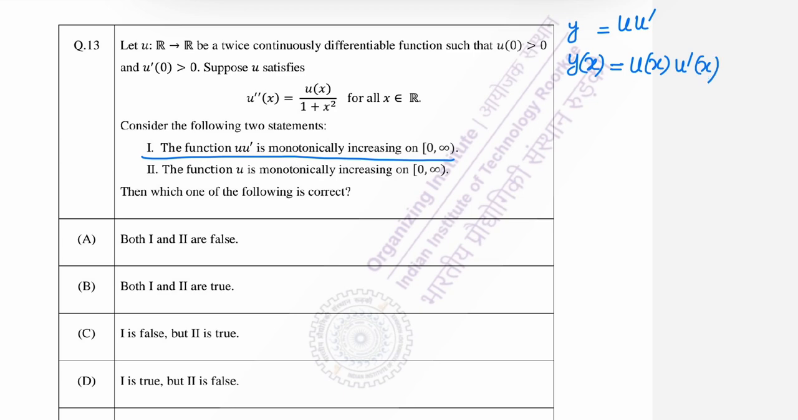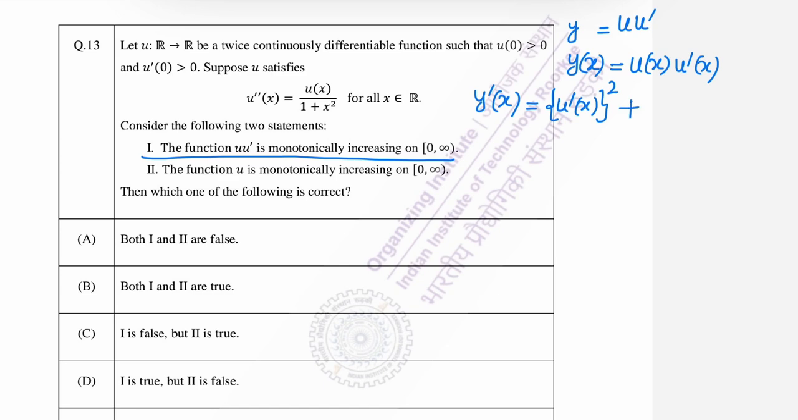into u dash x. And you know, for a function to be increasing, its differentiation with respect to x here must be positive. Let us check. Its differentiation with respect to x must not be a negative number. So let us check whether it is true or false. So y dash x will be, you know, (u dash x) whole square